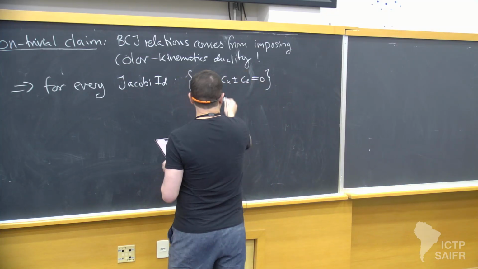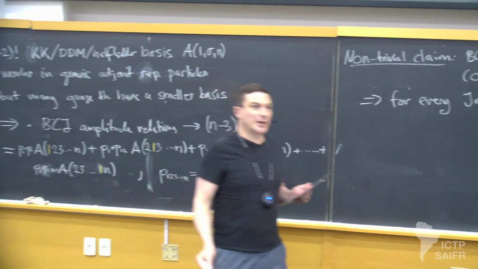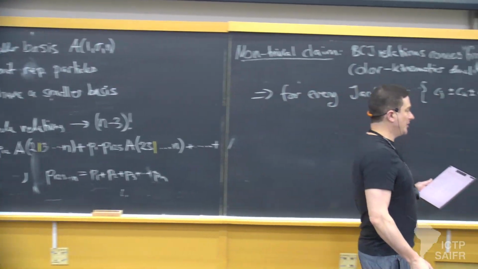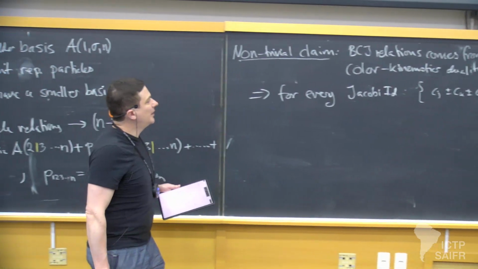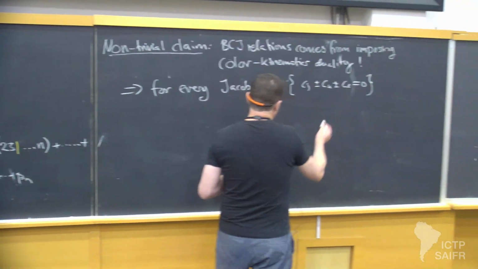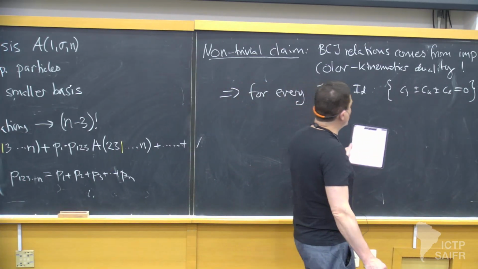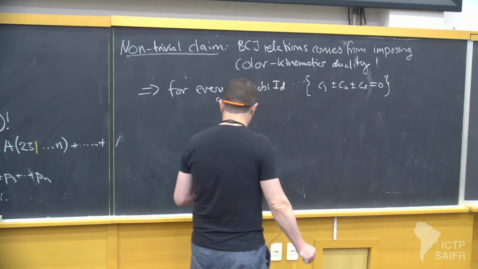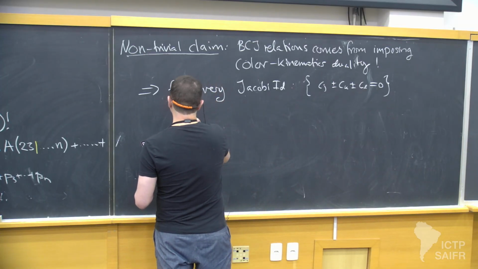And the reason I put plus minus here is because, as I said, you can always redefine your color factors, so sometimes it's a bit unclear which sign you should pick. You might end up with various different signs depending on your conventions. But you pick some convention, and you get some Jacobi relation, which is a 3-term relation, either with pluses or minuses. And then you impose a